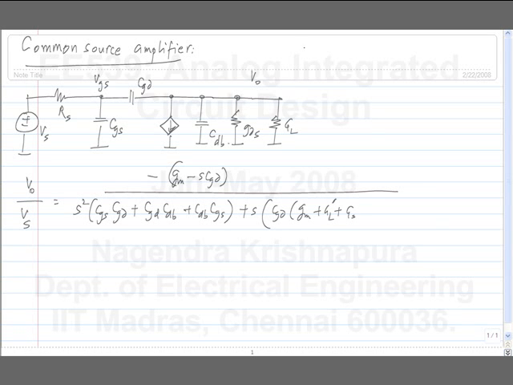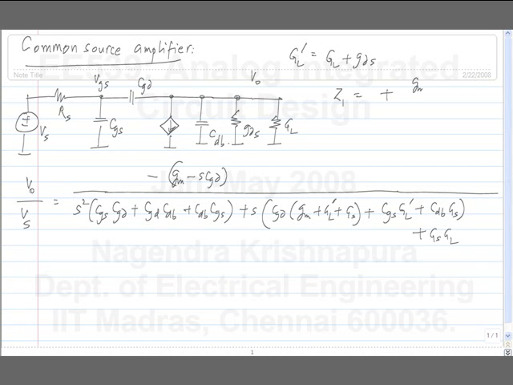I will call this GL prime, which is the effective load, GL plus GDS. And this transfer function we made some approximations to find the poles of this transfer function. The 0 is at